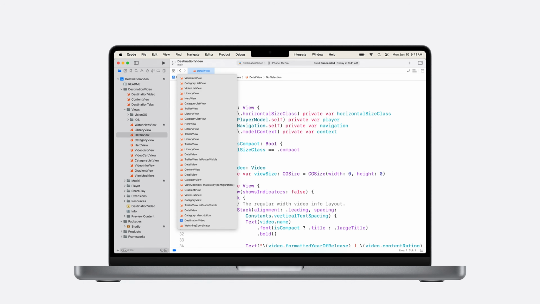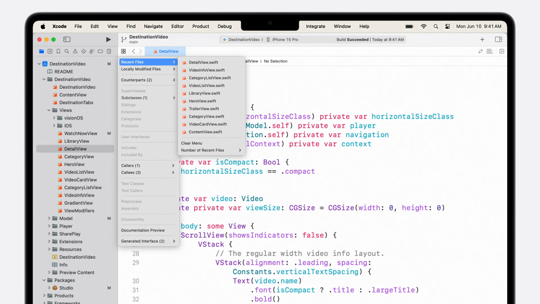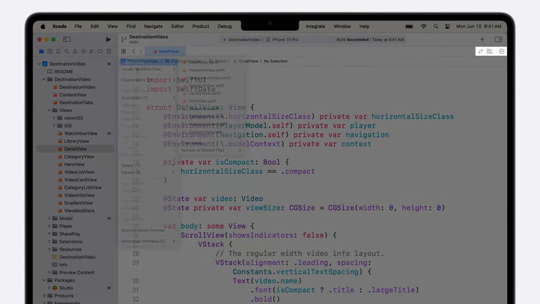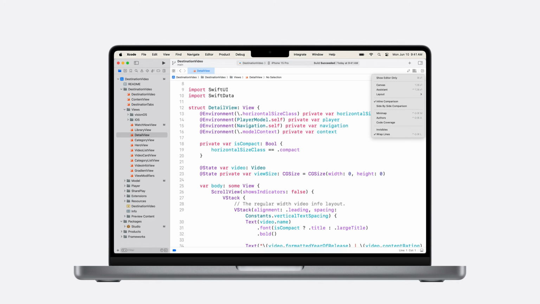To the left of the back button is the Related Files menu, and its name is likely self-explanatory. There's a recent files list, and then different types of symbolic relations will appear based on the text, like subclasses of the current class or callers of the current function. There's all sorts of stuff to explore in here. The 3 buttons to the right of the tab bar are for configuring the editor UI. The middle button controls the editor layout. You can add a SwiftUI preview, the editor minimap, and line accessories like blame or code coverage.